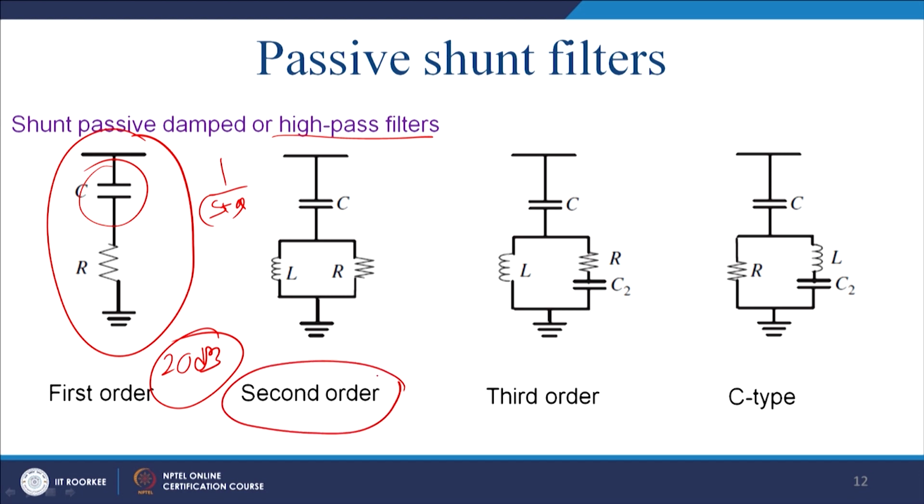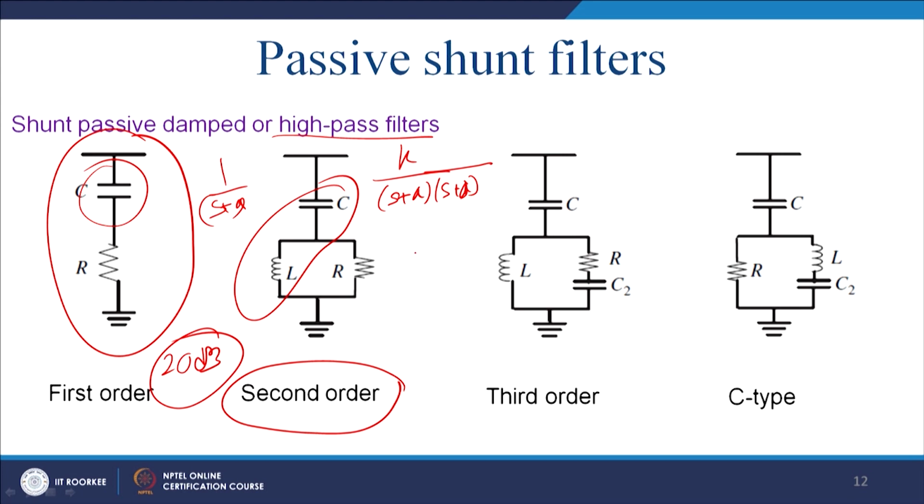It can have a second order filter, which will give you 40 dB per decade, and generally you will have a transfer function of (S plus A)(S plus B). It can have a complex conjugate also. So, these will essentially set 40 dB per decade, and mostly A and B are the same.